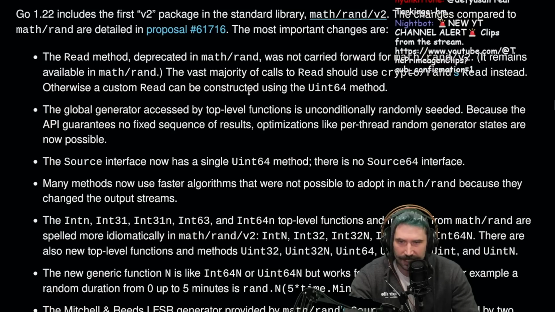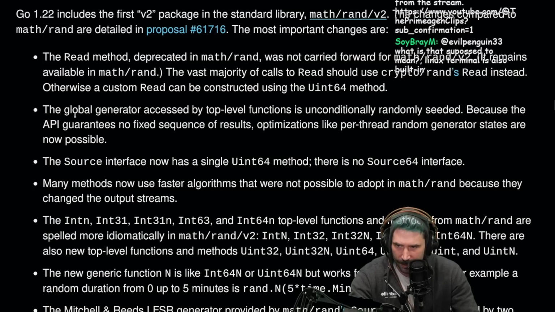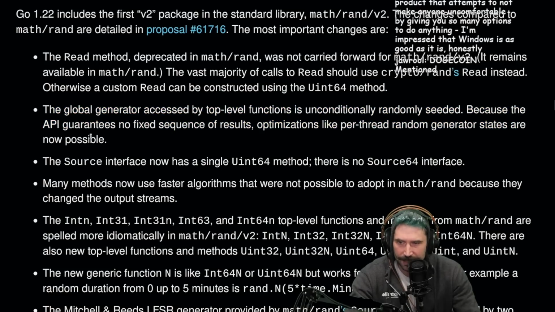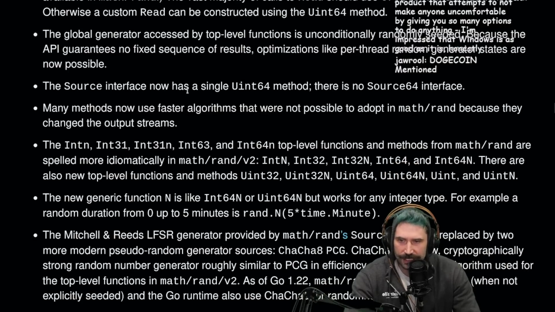Otherwise, use a custom Read that can be constructed using the Uint64 method. The global generator accessed by top-level functions is unconditionally randomly seeded. Because the API guarantees no fixed sequence of results, optimizations like per-thread random generator states are now possible. Okay, interesting. The Source interface now has a single Uint64 method. There is no Source64 interface.